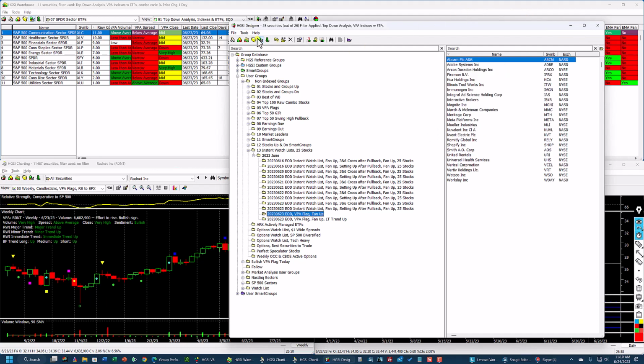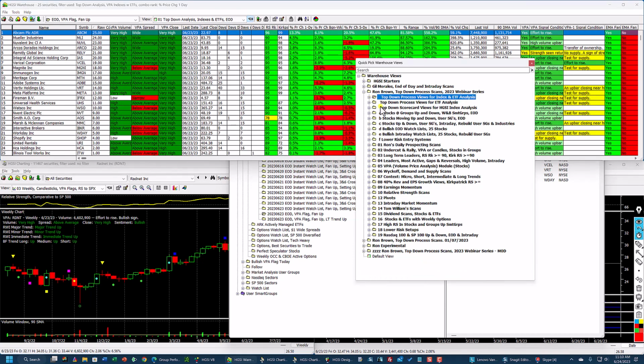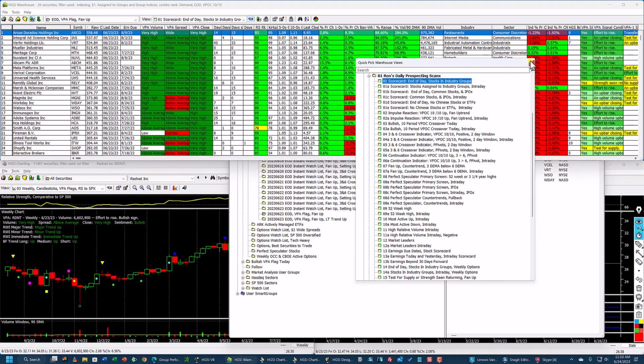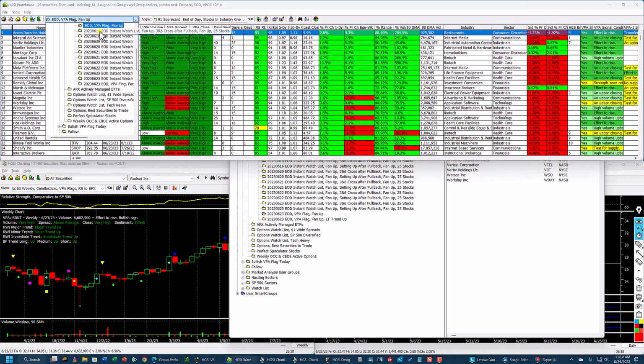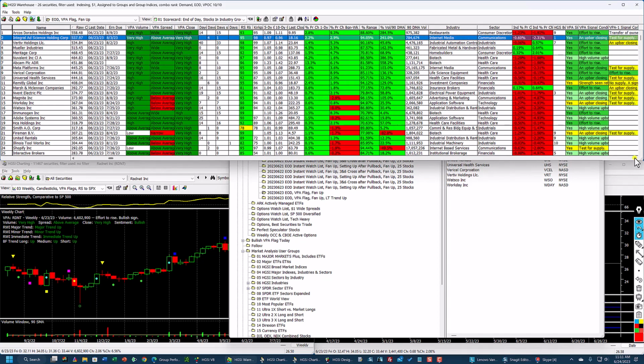So let's just go into this. I'm going to go down to my number 1 folder. I'm going to go to the scorecard end of day. And these are the stocks which are coming up in today's Smart Group. Now this is VPA flag fan up. And if I scroll over here to the right,